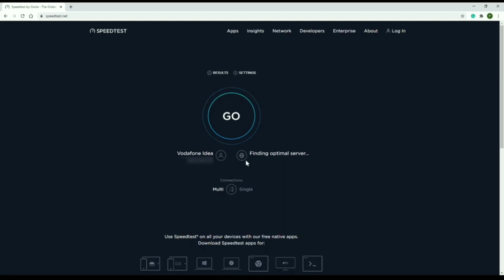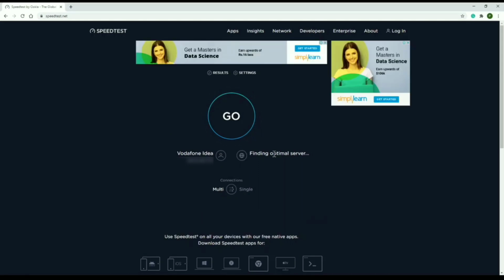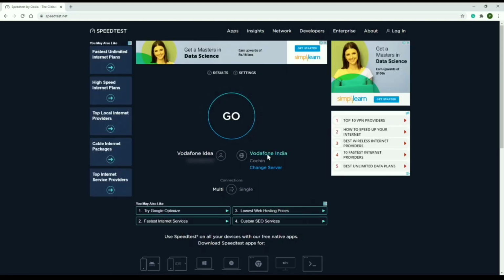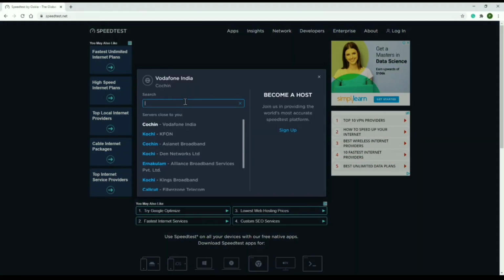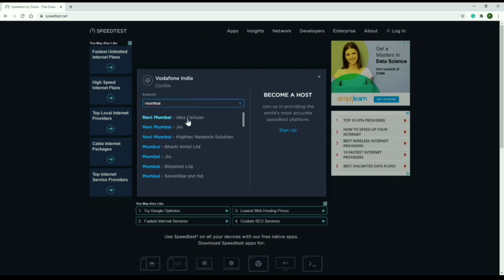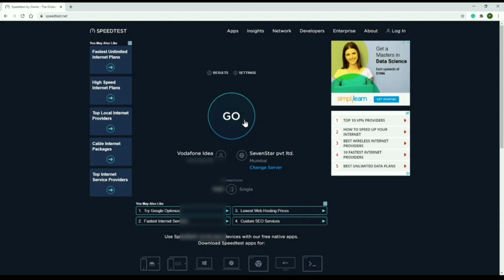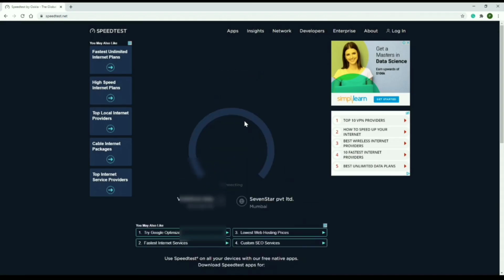I'll try a different server now, somewhere in Mumbai. Okay, I'll pick a private one. So let's see what ping I'll get.